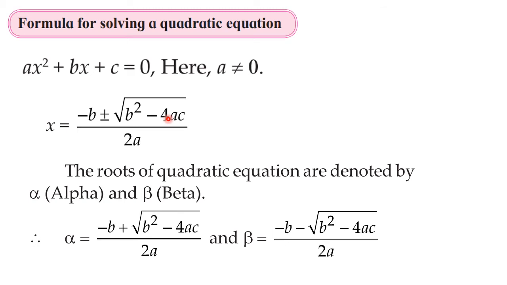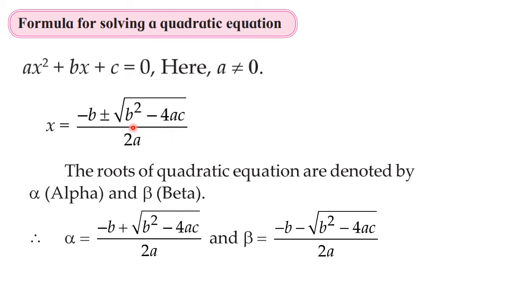So whenever the sum says solve by using formula, and you are finding b square minus 4ac, most probably you will not get a negative answer. And if you are getting a negative answer, then you need to check there only. That is why I am saying that first you find this value and then substitute in the formula. Since it's a square, most probably the value is going to be positive because a square is never negative. And this particular discriminant is going to determine the nature of the roots, which we are going to see as a next topic.